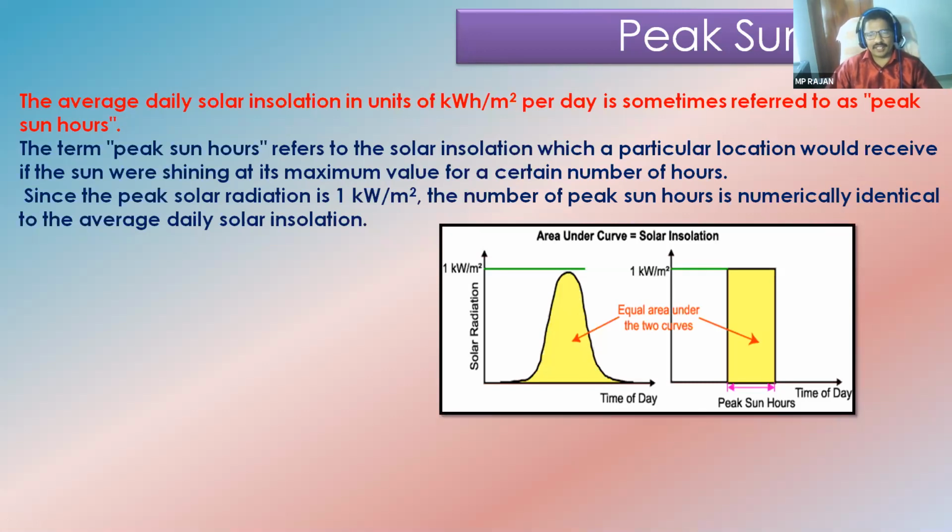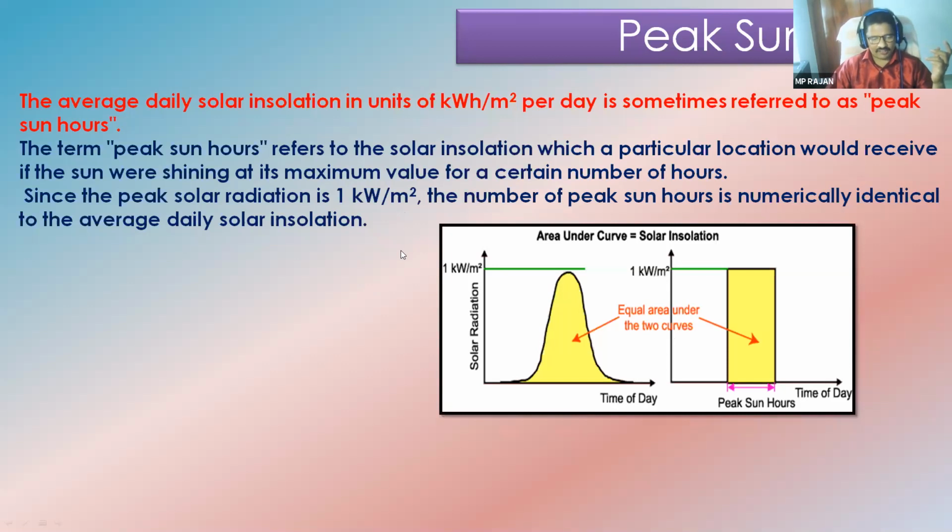So if somebody asks what is your solar output, we can say 5 kilowatt hour per meter square per day. That means in one day you get 1 kilowatt for 1 hour per meter square, that is the meaning. But we cannot take this 24 hours as a guarantee for charging the battery, because this is only some period we are getting. Normally we consider 1 kilowatt per meter square as the standard solar radiation.